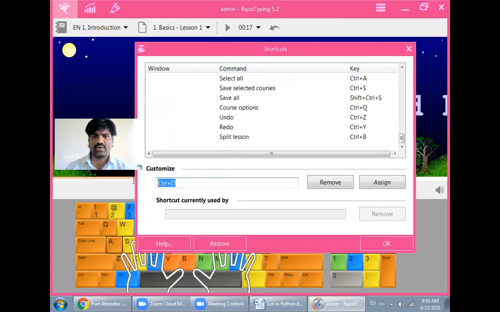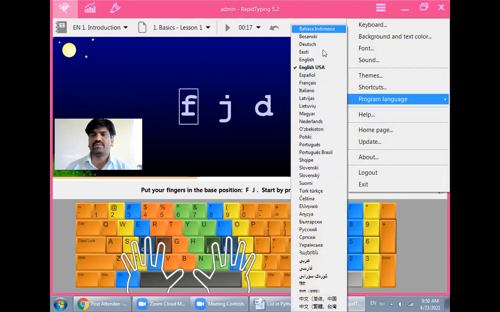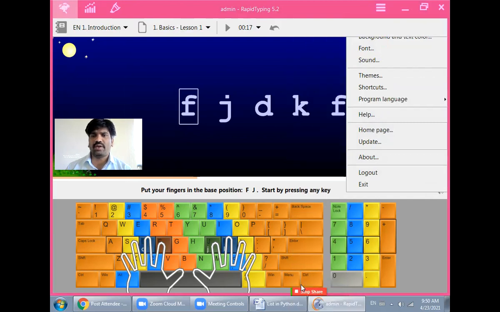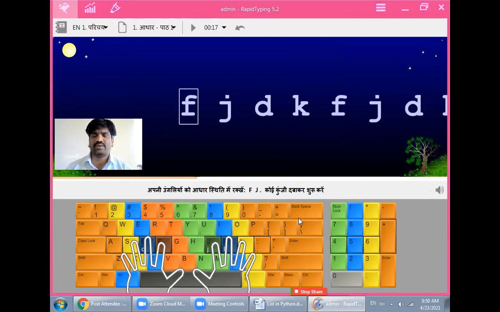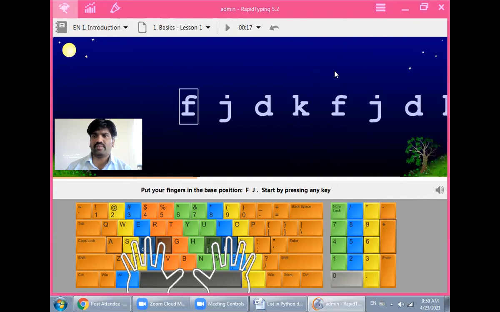You can assign, add, or remove a shortcut key. This is for program language. If you want to set the program language to another language, then from here you can change it. For example, I change the language from English to Hindi. In this manner you can change the program language from one language to another.